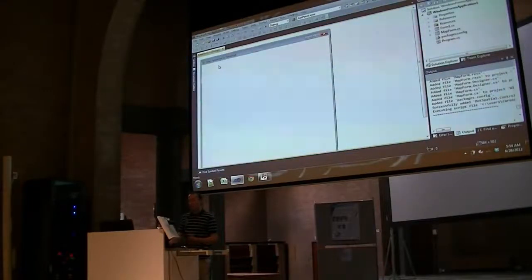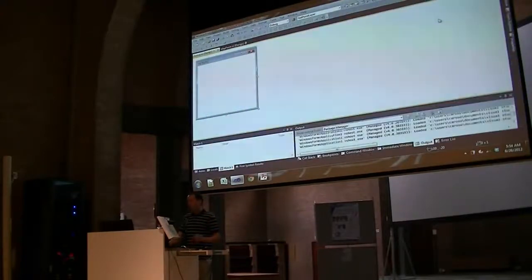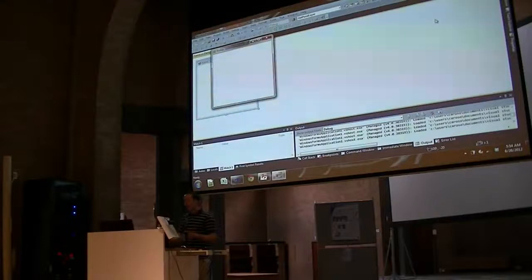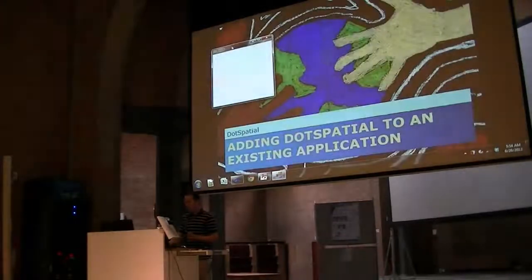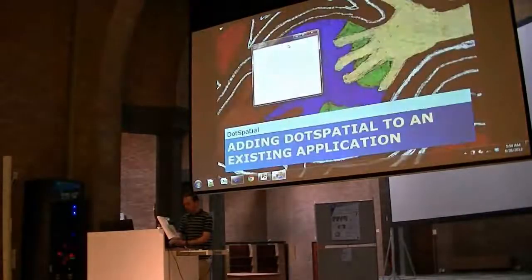If a user wanted this map control to show up on a different form in their application, they could come over here. I've hit Control-X to cut it. You could copy it as well and then paste it. So now I've pasted it into my existing application, Form1. I've also, by virtue of adding that reference, ended up with a number of references to DotSpatial DLLs. And this form here with its map control